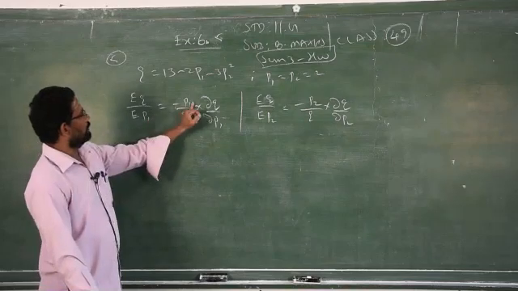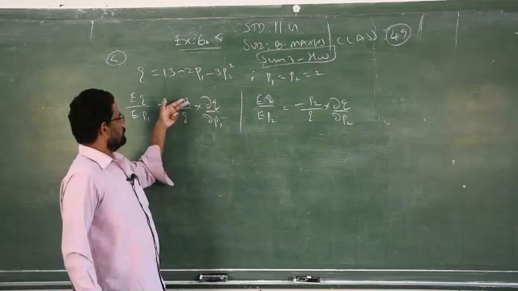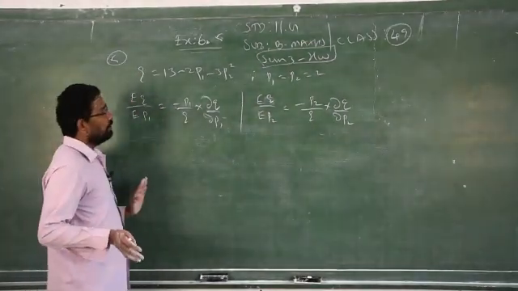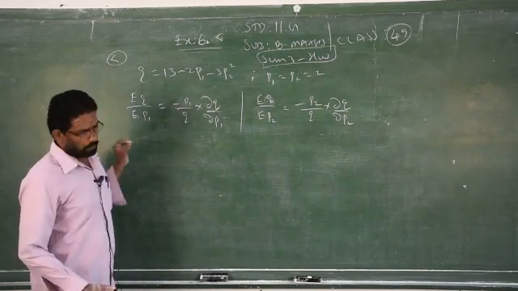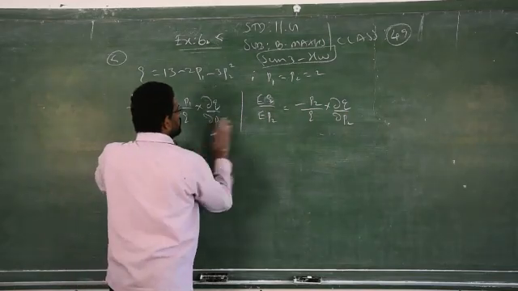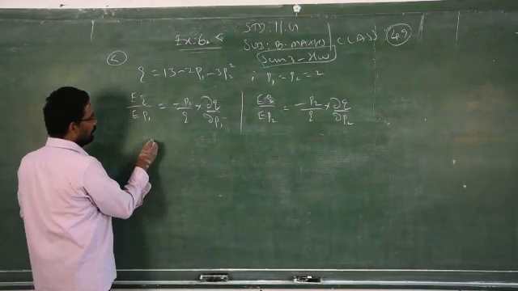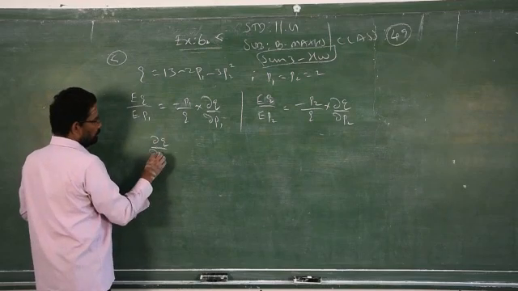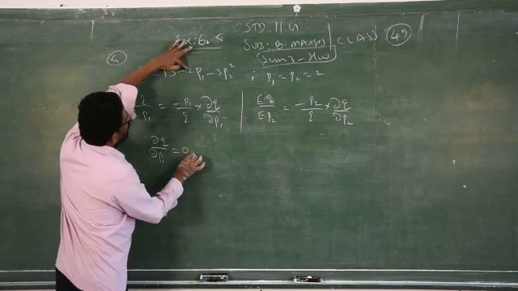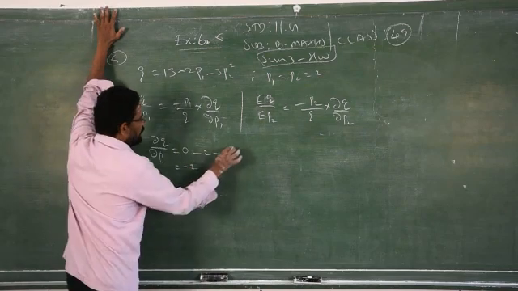The denominator will come to the numerator, the numerator comes to the denominator, then the differentiation of the two. That way you can memorize. But they will not give the formula if the question stands for only finding the partial elasticities. You have to memorize these two formulae. Better you memorize the formula. Before you go to this, first you have to find ∂Q by ∂P1. So ∂Q by ∂P1 here has only P1 terms, there is no P1 in the second term, that is 0. So the answer is minus 2.